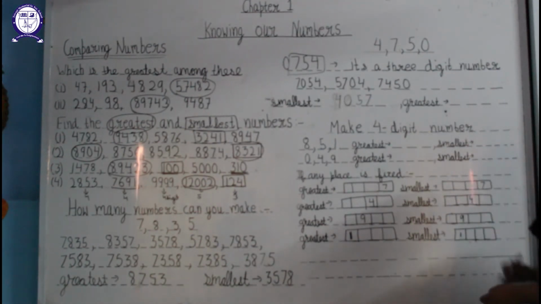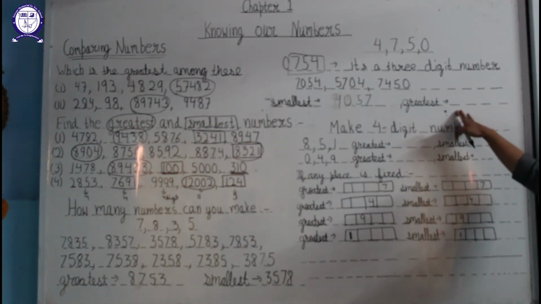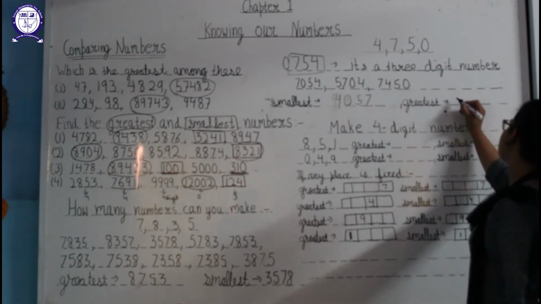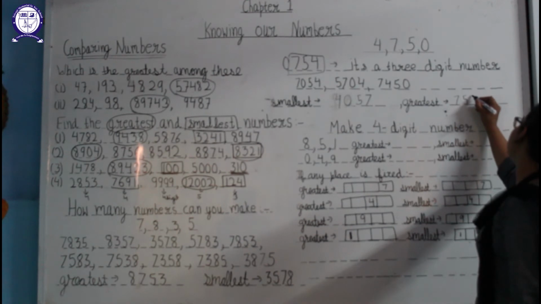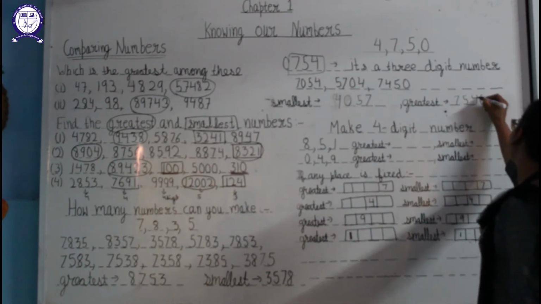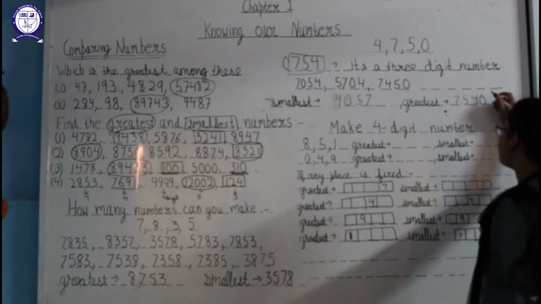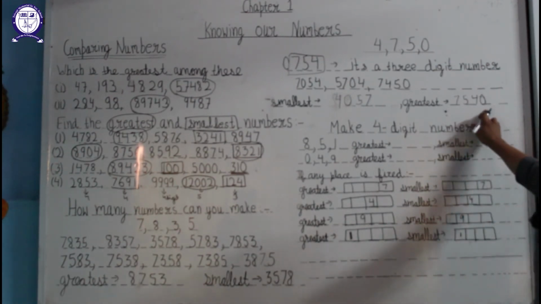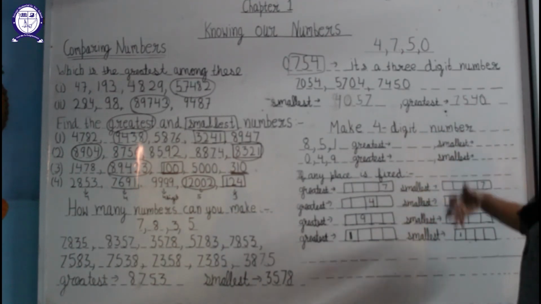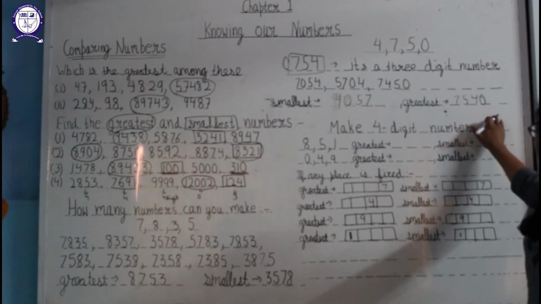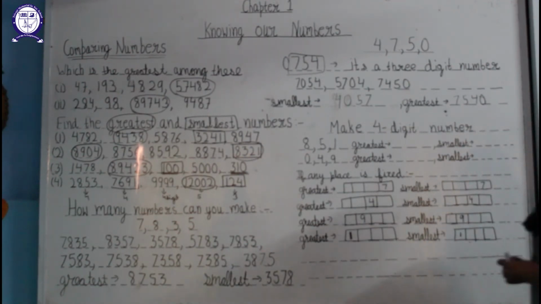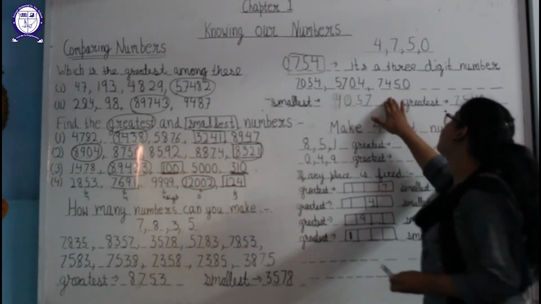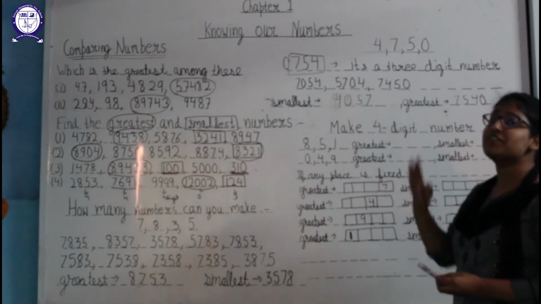Now we have to make the greatest number. So it is simpler to make. We have to first use 7 as it is the greater one, then we will use 5, then we will use 4 and then we will use 0. Here 0 will not create any problem because 0 is at last and we can say that it is a 4-digit number. So for finding the greatest number we have no problem with the 0. We can place it at the last easily. Up to now we have made a 4-digit number from the given 4 digits.